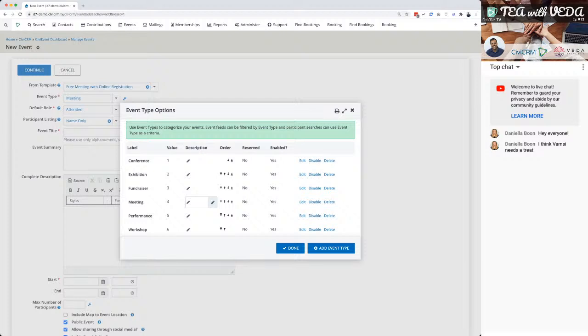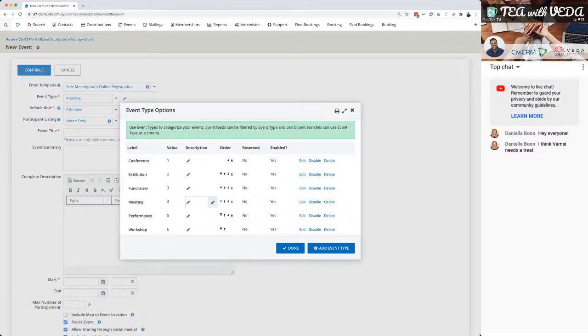Now, what I mean by that is for reporting purposes and for administrative purposes within your organization, there might be different responsibilities and different streams, so you might want to categorize and therefore have different types of events for that. In the CiviCRM sense, you might want them different because you want to have different custom information that is captured